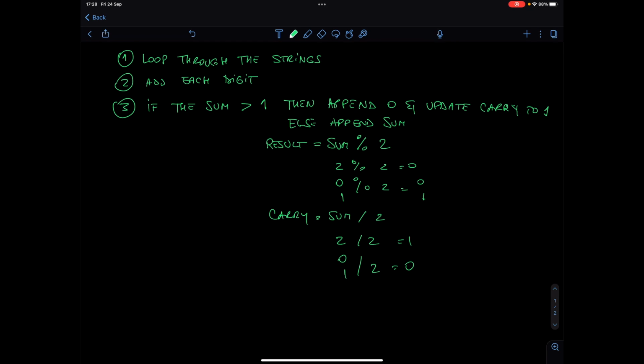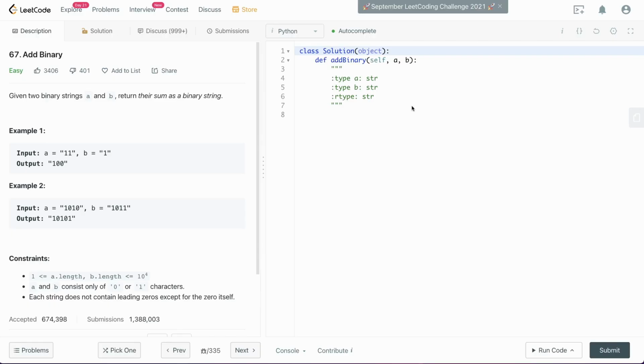And we have the fourth step. If the carry is 1, then append carry. And this is the whole algorithm in 4 steps. Now let's move on to the coding part of the video and see how we will code what we just learned here. Let's start with the Python implementation of our algorithm, and for this I'm gonna define a result as